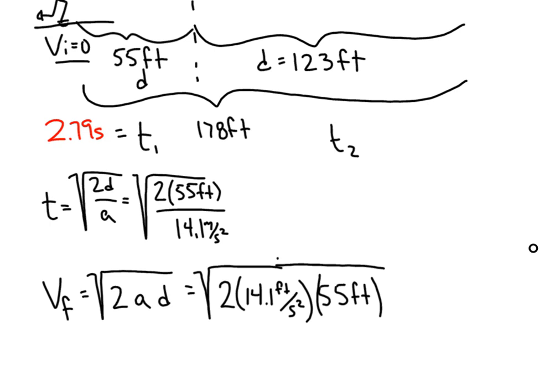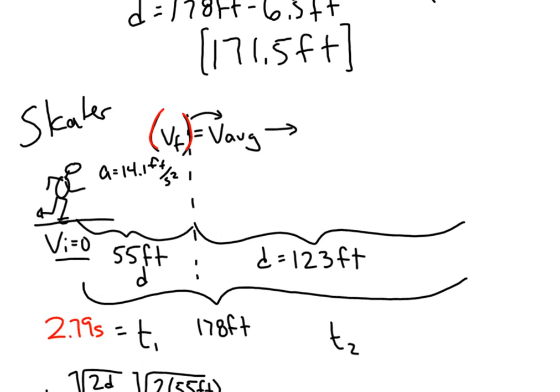Feet times feet, this one and this one, they square. So we've got feet squared per second squared, which is weird, but don't forget we're going to take the square root, so we end up with a speed in feet per second. So 2 times 14.1 times 55, square rooted, don't forget to do that, gives us a speed of 39.38 feet per second. Now that is the final speed at the end of his acceleration,